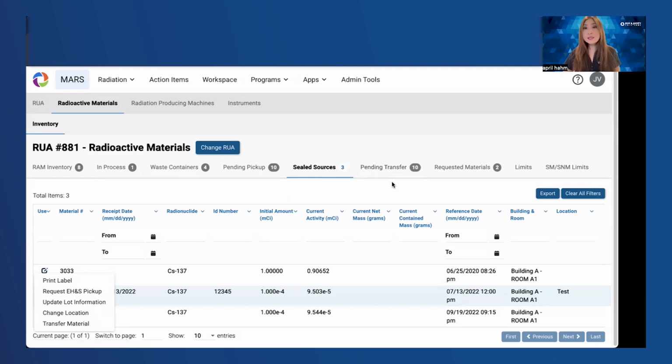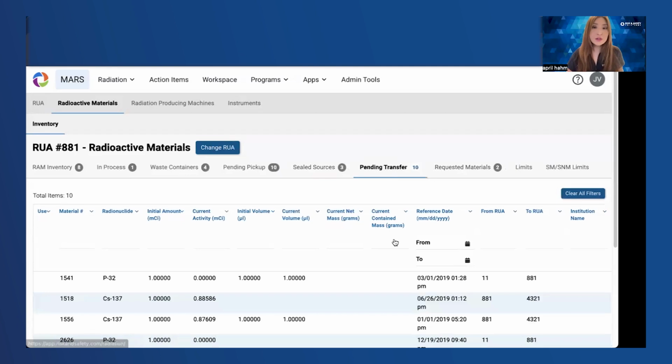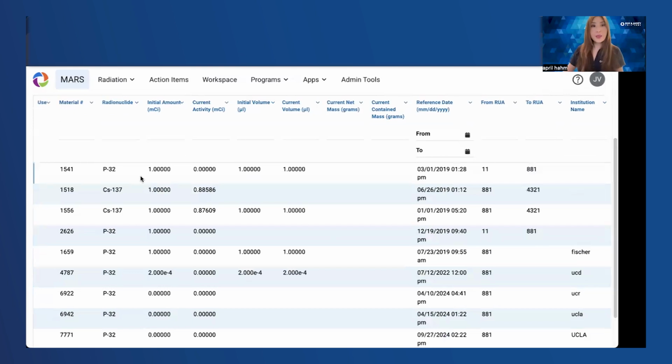The next tab is the pending transfer tab. This is going to be a list of all of your materials that are pending any type of transfer. As you can see here, the material number, the radionuclide, the initial amount, once again, current activity, the initial volume and the current volume of that material,